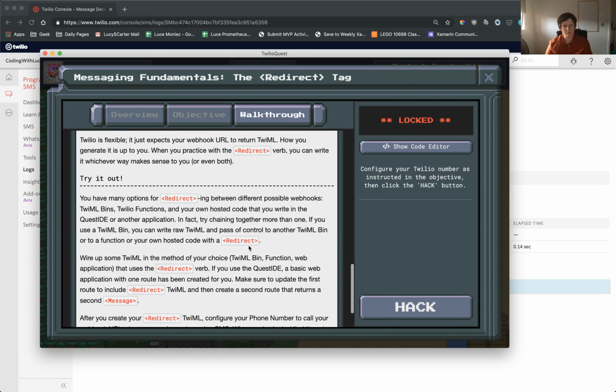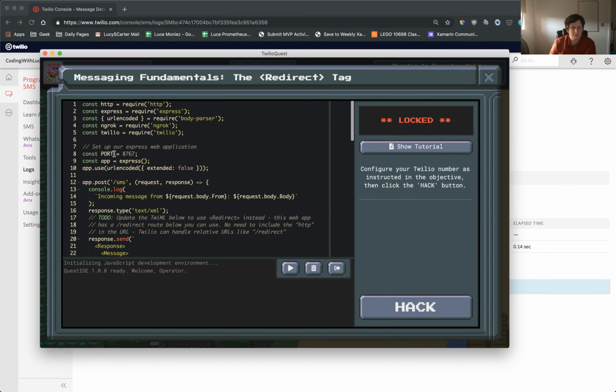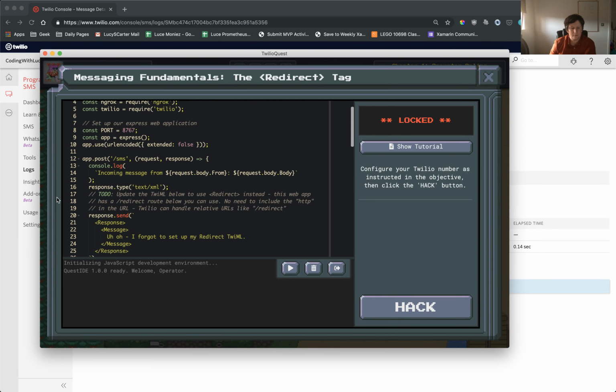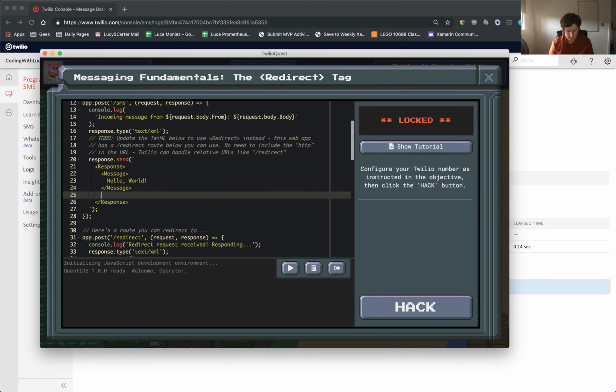Okay, so we did Twiml bins last time. Let's do the code editor. So it sets up the application. Okay, so we need to set this up here to not use it's here, so we're going to set up a redirect. So we're going to say that the message is hello world, and then underneath that we're going to do the redirect